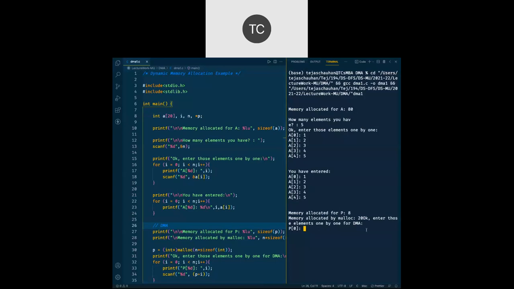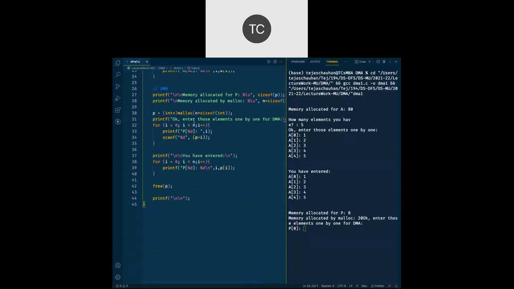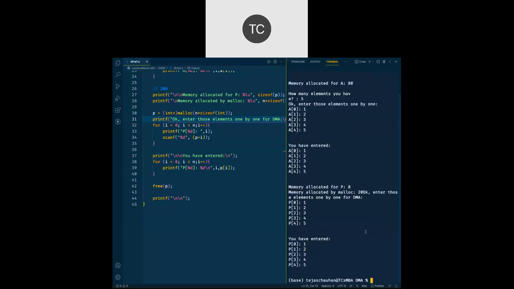For 5 elements, I require 20 bytes. After that 20, it says enter those elements one by one by dynamic memory allocation, and 1, 2, 3, 4, and 5, and it will again print those values and make your memory free.